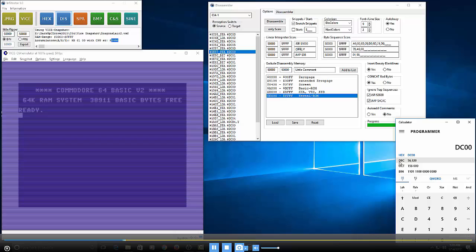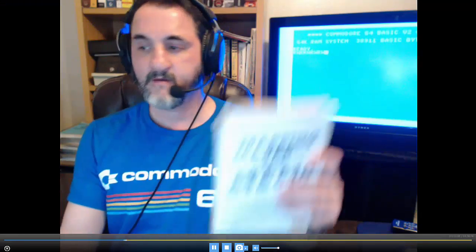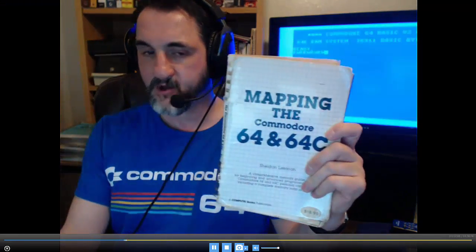And I just realized I didn't have my book here with me. Reload it like that. But this book right here is called Map of the Commodore 64. The whole purpose of this book is, you saw that DC00 register we were looking at earlier. Your computer is storing all of these registers in various parts of memory. I won't go into a lot about how the memory is separated, to not confuse you so much, but if